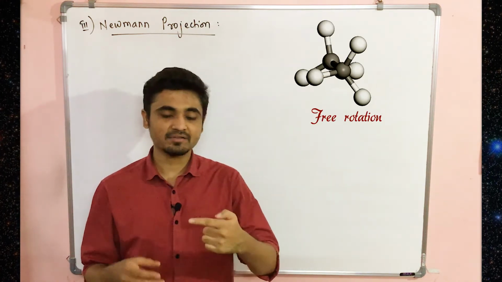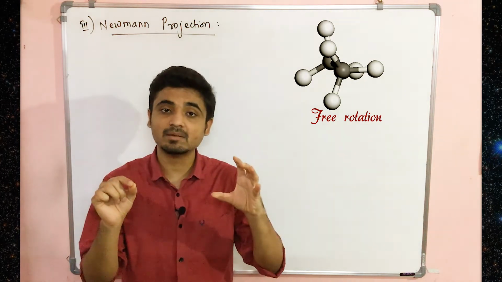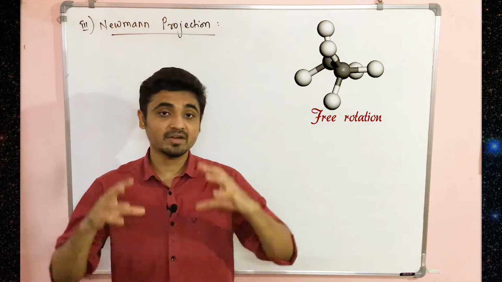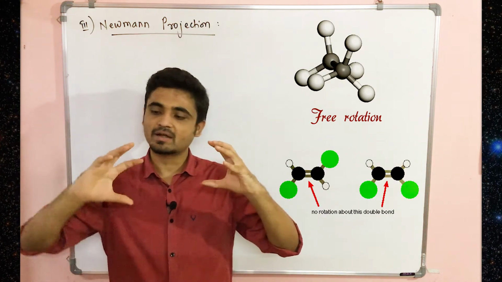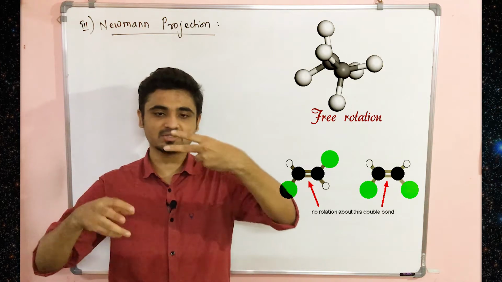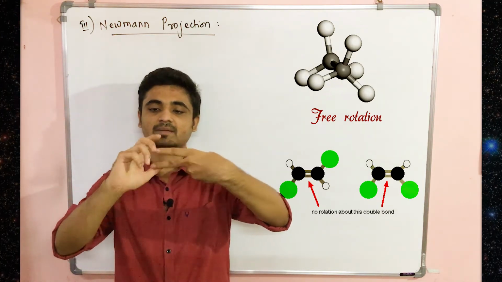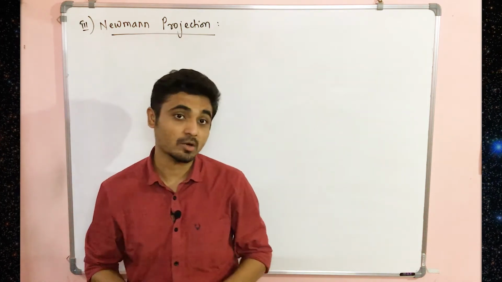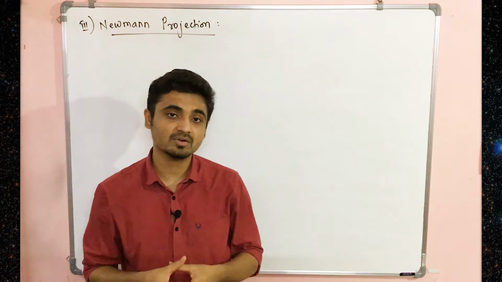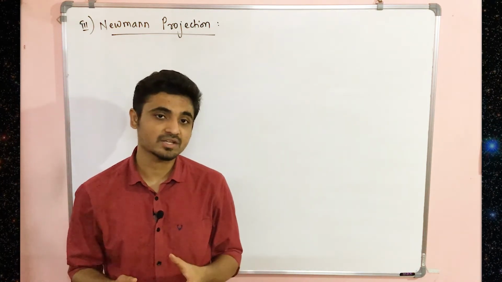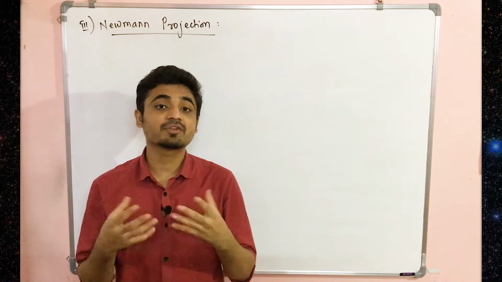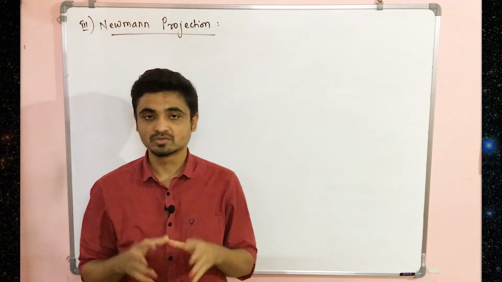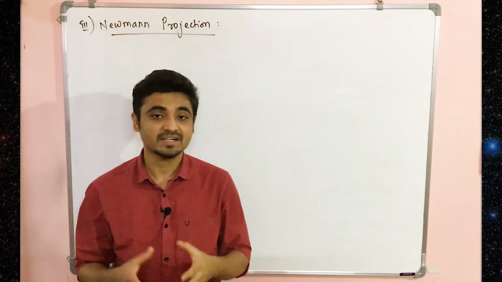As you know, if two groups are attached by a single bond, I can rotate both groups freely around that single bond. If I have a double bond and you fix one and try to rotate the other, suppose this is a double bond and here is one atom, here is one atom, if I try to rotate, you can see the two bonds have to twist, and that is not allowed. So we say that if you have multiple bonds, double or triple, that is restricted rotation, and if you have only a single bond, we call it free rotation. So we can freely rotate about each other, and thus we can create conformers. To study those conformers, this projection was developed.